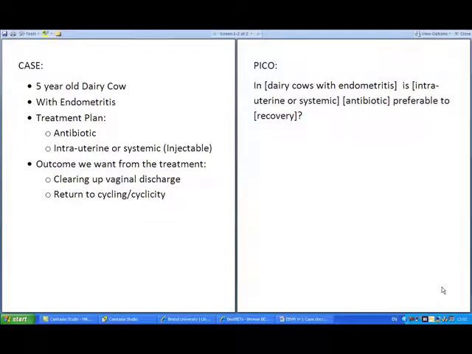So welcome to this tutorial on how to show you a case, how to make a PICO, and how to search the library database. So our case was a 5-year-old dairy cow. She had endometritis. Our treatment plan was to use an antibiotic, and we were going to either put it intrauterine or systemic. And what we want to do for the recovery of the cow is to clear up the vaginal discharge and